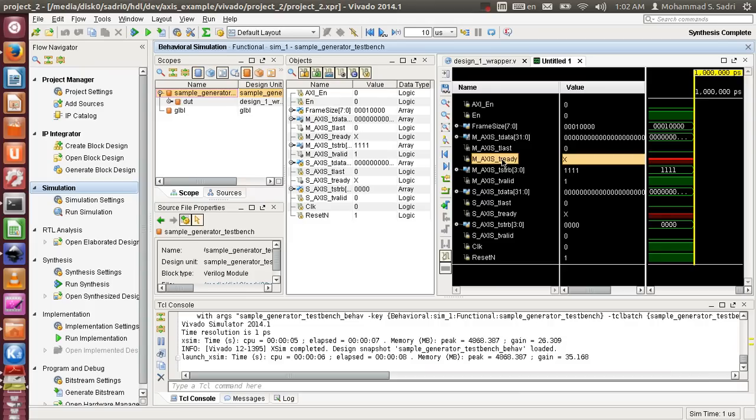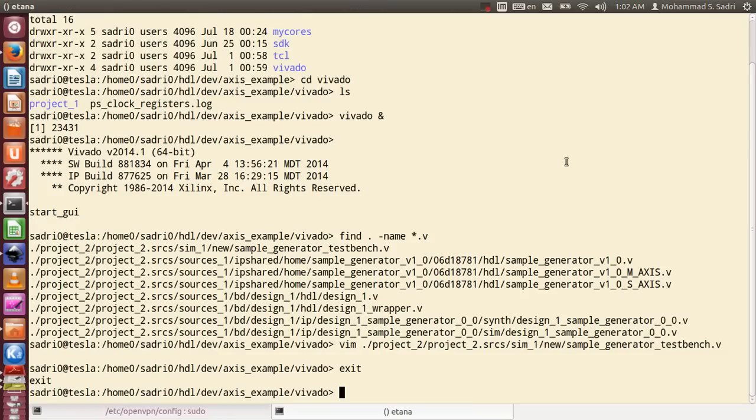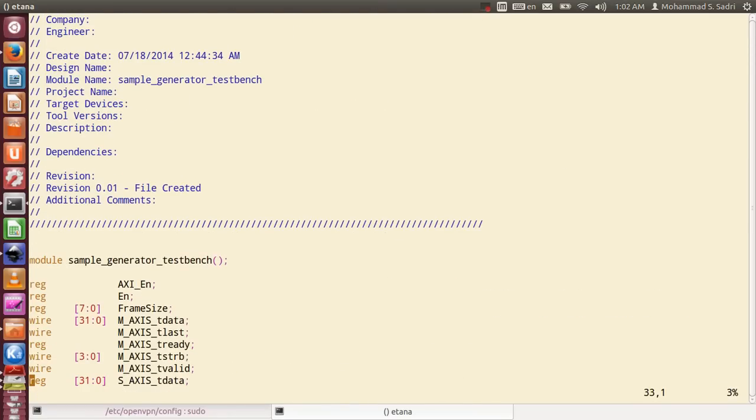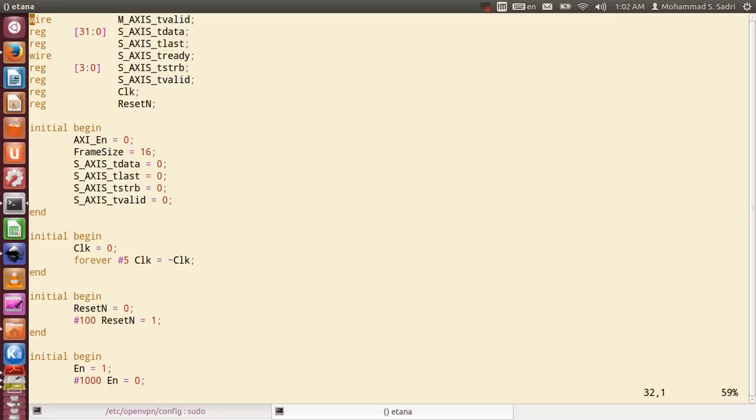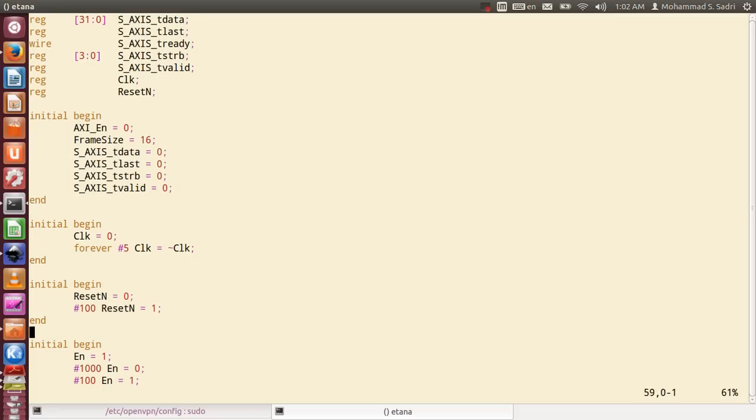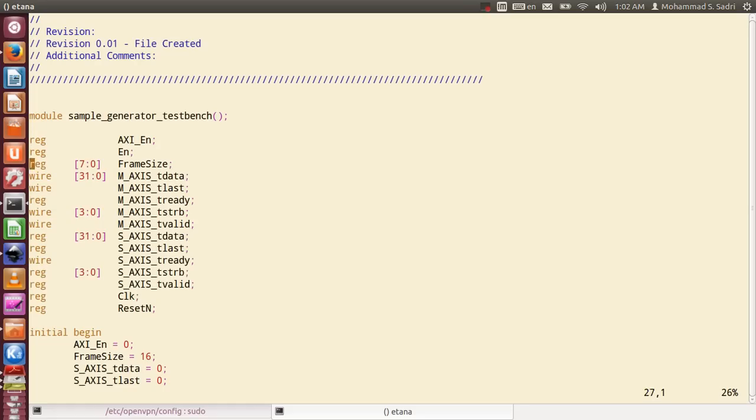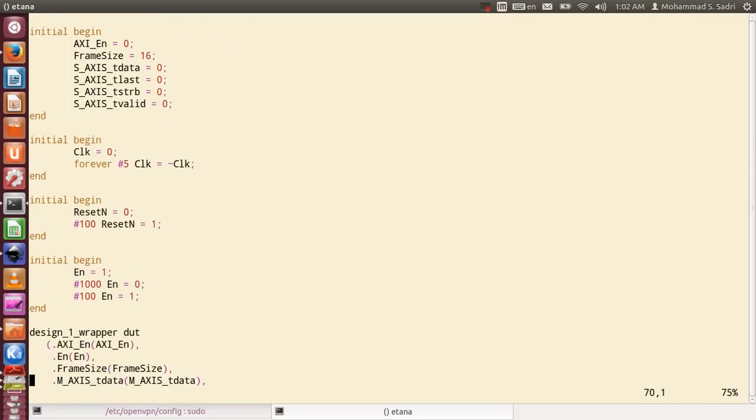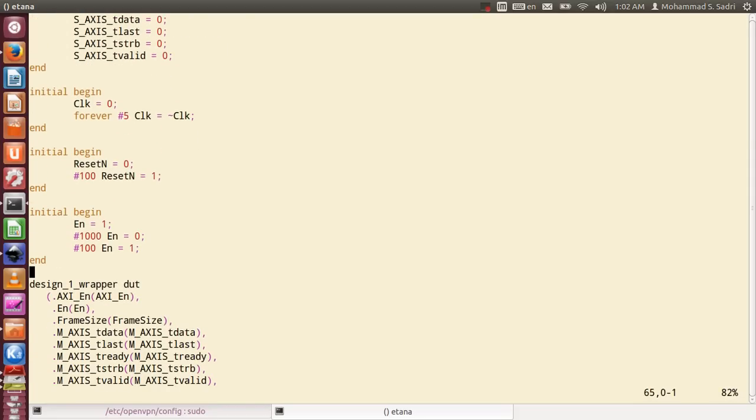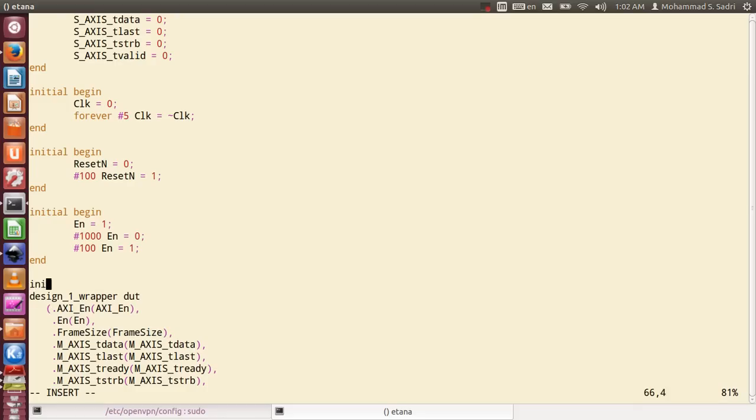The first interesting thing that I'm seeing is T-ready is always X, and this is not good. Didn't we assign anything to T-ready in the code? Let's look. T-ready here I have defined as a register, but did I assign anything to T-ready inside my code? No. Let's do it. Okay, so here initial begin